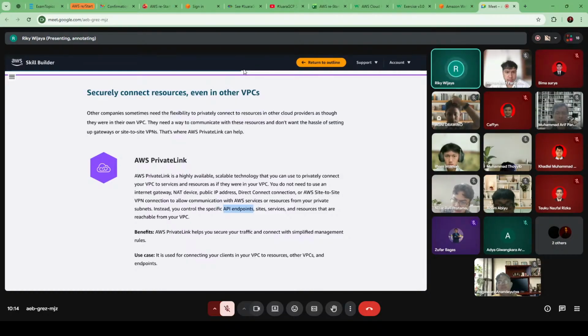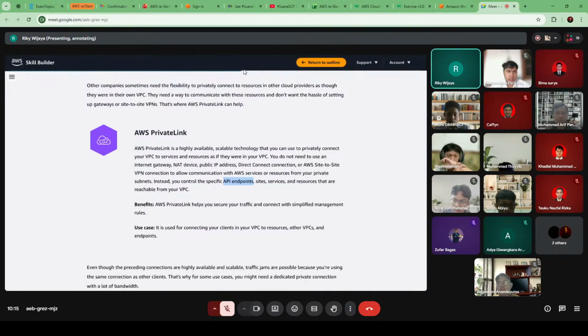You type in the API endpoint, https://microsoftazure.com/something/something like that. That way, your private link is already connected to your Azure, and you see it as if the resources are within your backyard. It's within your VPC. Okay, so you just have to configure it in the private link, and then you